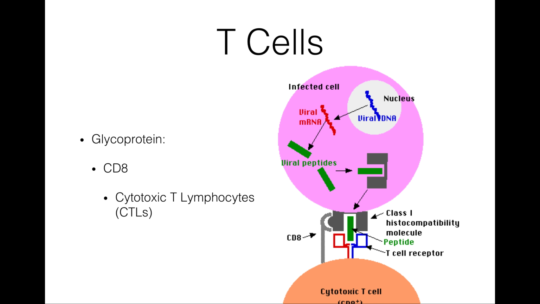The first one we'll talk about is the CD8 T cells. The key characteristic of CD8 T cells, besides their CD8 glycoprotein, is that where B cells had an MHC2 complex, these T cells use the MHC1 complex. CD8 cells function by secreting a cytotoxin, and they secrete this toxin that destroys cells to which they are bound. CD8 cells monitor all cells in the body and destroy anything that expresses foreign antigen fragments in the MHC1